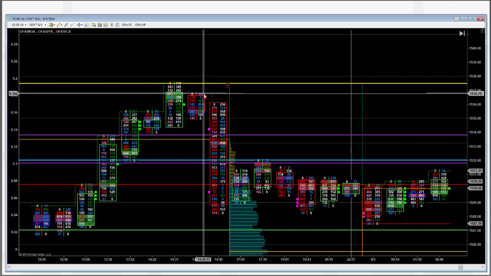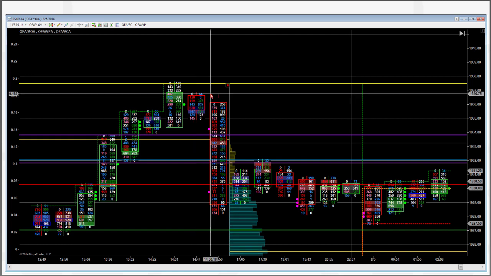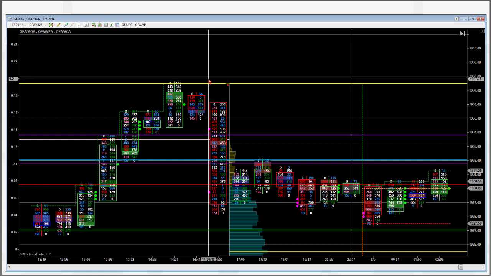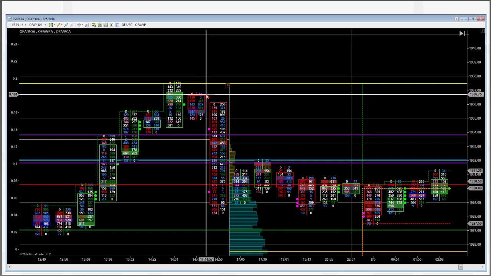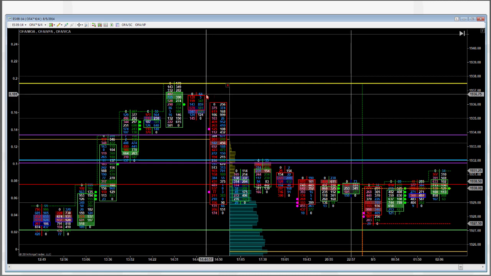Clear weakness on the part of the buyers. More strength at the bid. There's my short. All I need to do with this trade is, if I get any strength coming back in at 36.75 and 37, I'm out of the trade. Or I put my stop simply about 1.25 points up above this level to see if this is still going to hold. But I can manage this trade effectively if I start seeing strength come back into the offer at